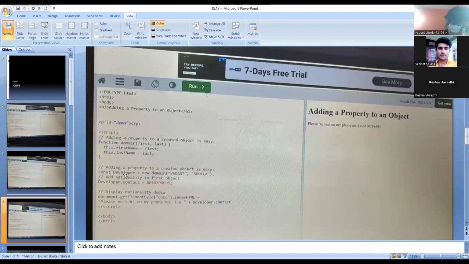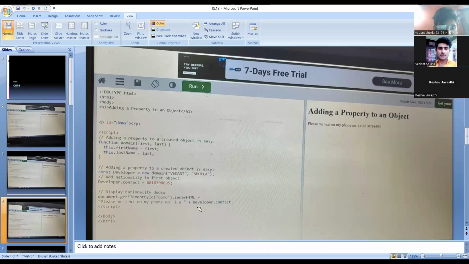So I simply took the object as developer, and I passed the value as contact, and there I passed one phone number that is visible to you. You can see a pointer I created inside the object. I passed one parameter, and there I passed a value of a phone number of some